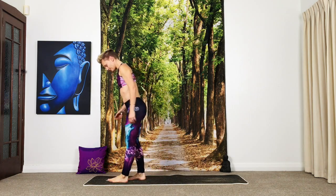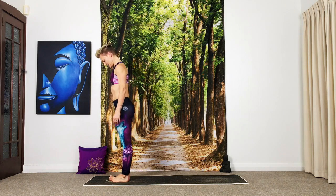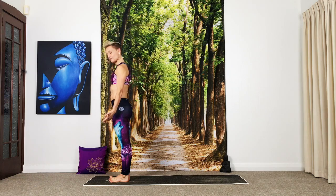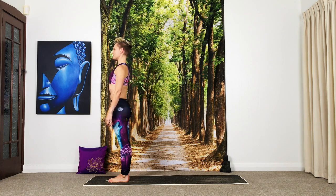So we'll start at the top of our mat and bring your feet together, big toes touching, heels slightly apart. Lift up all 10 toes, spread them nice and wide, and then place them down from the pinky toe through to the big toe, feeling how there is a natural lift through the instep of the foot. Try to maintain that. Pull up on the thighs, feel the kneecaps lift, draw the tailbone down, and then roll